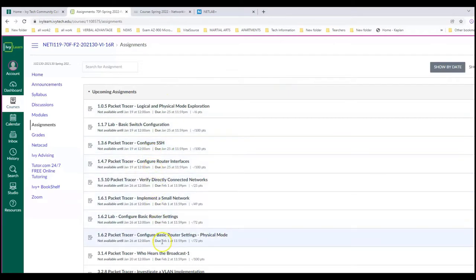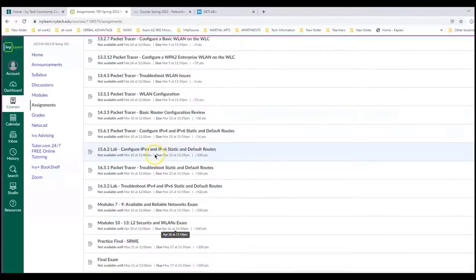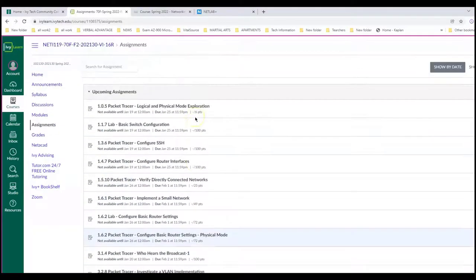And you see a multitude of assignments. Now, right now, you're just seeing what we call the packet tracers and the labs. But you got a whole host of things in here. You're going to have discussion questions. You're going to have exams. You're going to have all type of stuff in here. So make sure you thoroughly walk through this and follow what's in here. But the syllabus will keep you on point too, because the syllabus has it all sketched out for you. Now, grades, that's what you click on for you, so I don't have to click on grades, but that's for